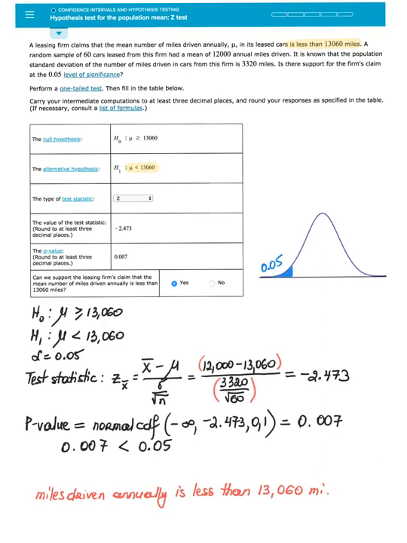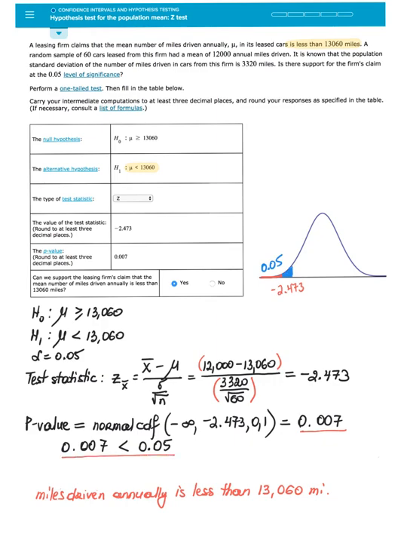0.007. Notice what it means. It means that the negative 2.473 is somewhere right here, and the amount of area to the left of that quantity is equal to 0.007. Because the amount of area of 0.007 is less than the significance level alpha, here I state that, it